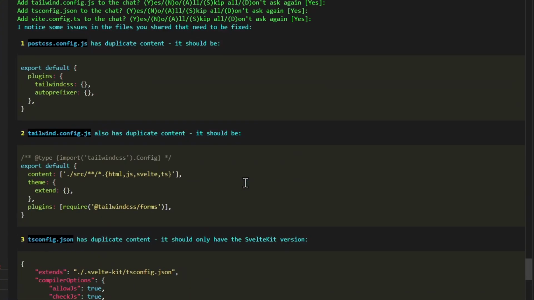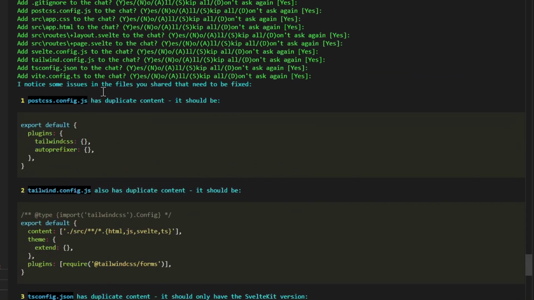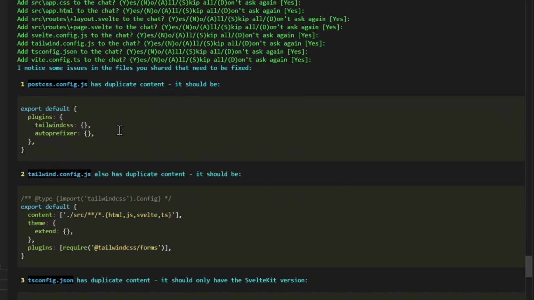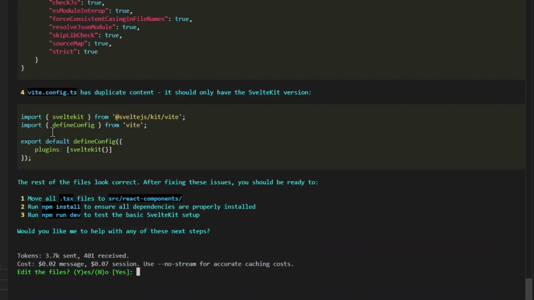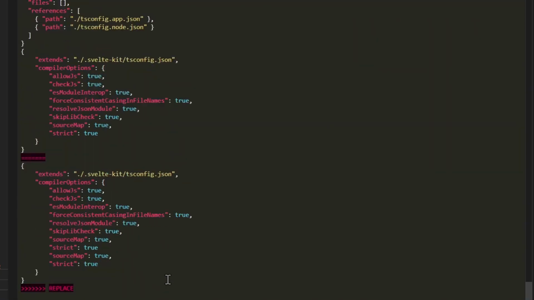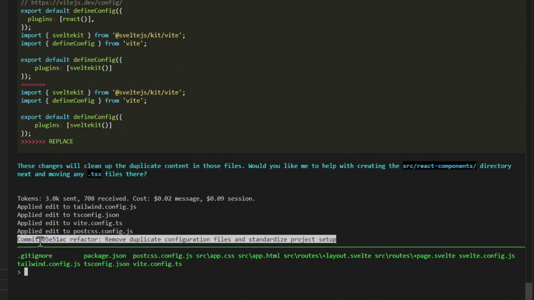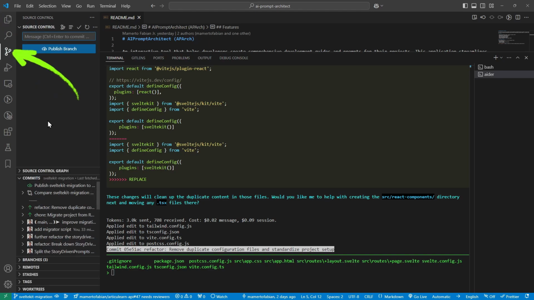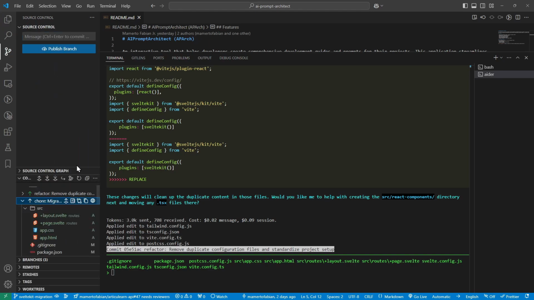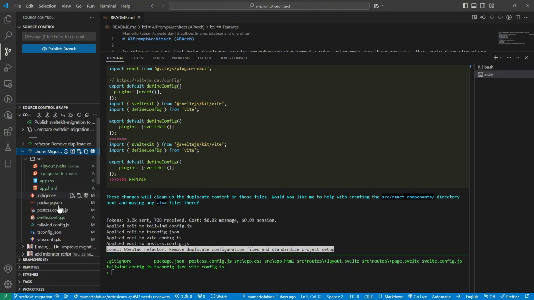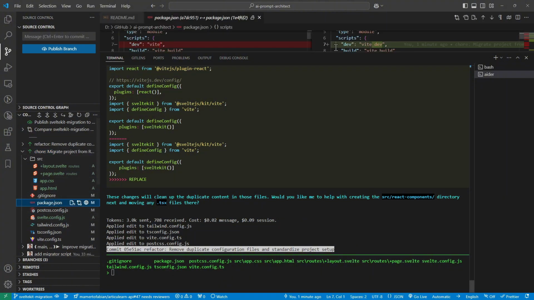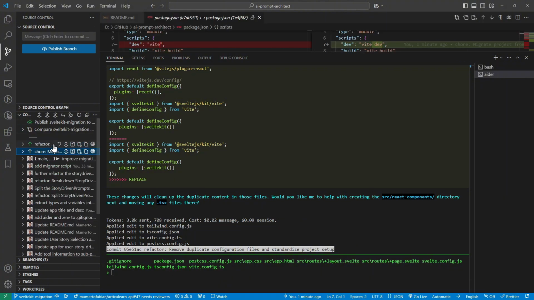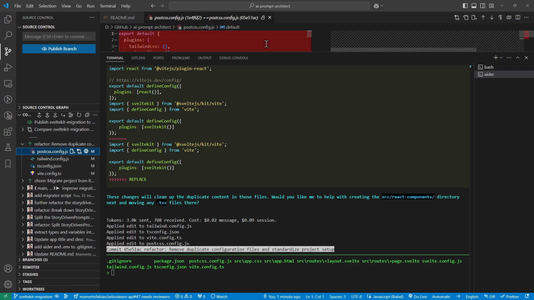So we can scroll up here and see what happened. Aider did an inspection of the created files and noticed some duplicate content for a couple of files here. And it laid out the plan that's needed. So let's press enter. Alright, so you can notice here that Aider automatically commits every change that it is making. So we can see the committed changes here. First, this commit, it created Svelte specific files and updated some of the existing files like package.json. And on the second commit, it removes the duplicates that it found.